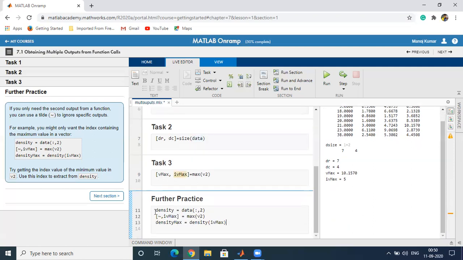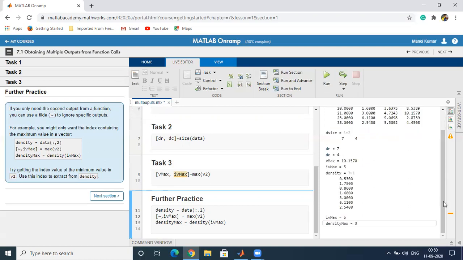The first command is density equal to data colon 2, so it will extract the second column. Next is the max function on v2, and inside the square brackets tilde comma ivmax, so it will give the index only, which is at the sixth position. Now we are calculating the density at the sixth position, which is 6.1100. So let's run to get the output.